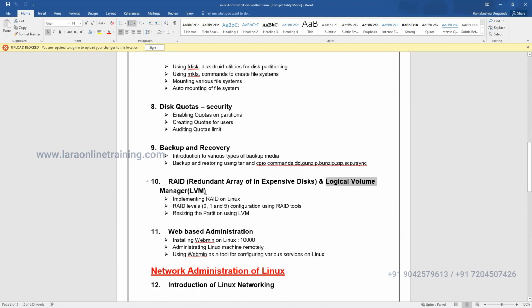Sometimes you can do the admin in the graphical interface also, and through the browser level also. I mean to say, you can log into the server through a browser. You can do some maintenance activity. You can do some admin activity as well.